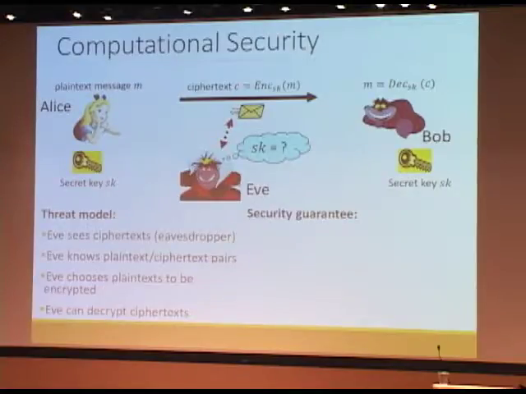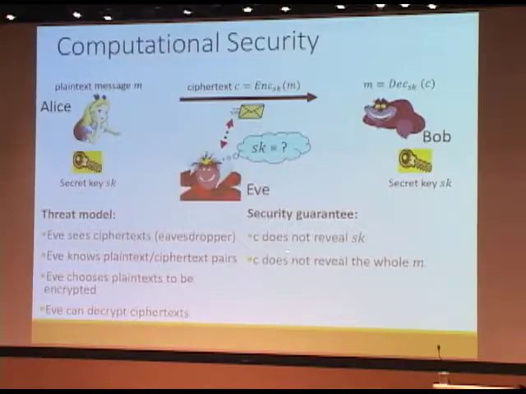And on the other hand, you might wonder, what kind of security do we want to guarantee? So clearly what we want, to start with, is that the ciphertext shouldn't reveal anything about the secret key. Now, if from the ciphertext you could just derive the secret key, then the eavesdropper could just do the same thing as Bob and simply decrypt. So clearly that's not going to be secure. But also, you want to make sure that the ciphertext does not reveal the whole message, obviously. But now, getting a little bit tricky, maybe you want even more than that. You want to make sure that the ciphertext, for instance, does not reveal any particular bit or any particular part of the message as well.